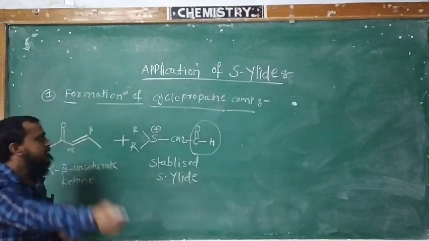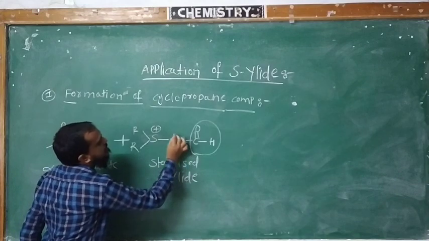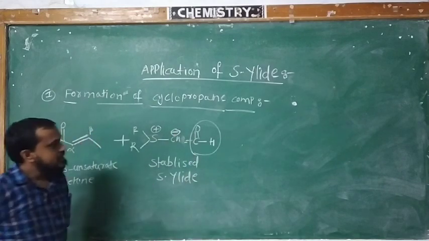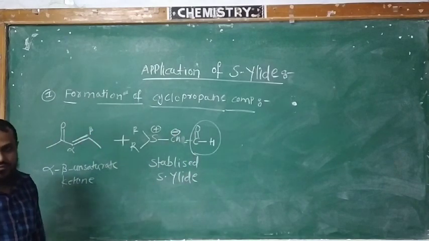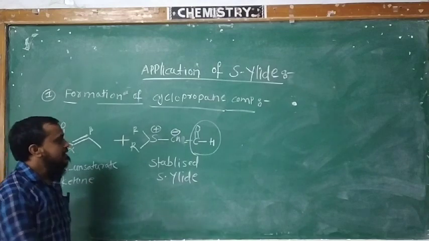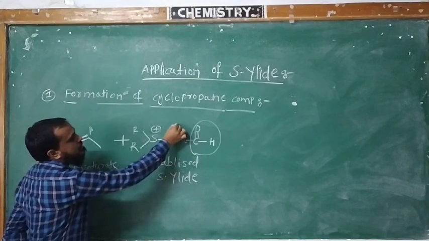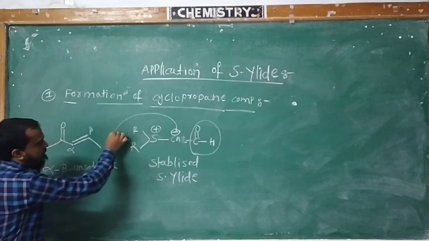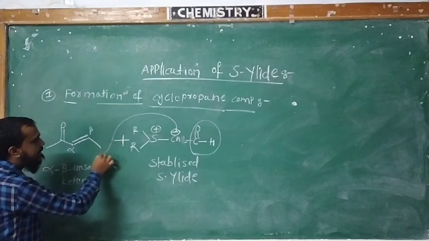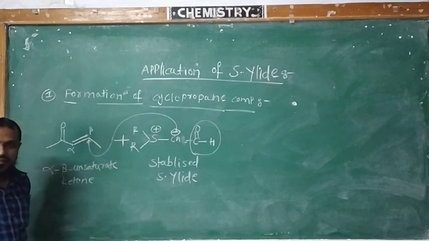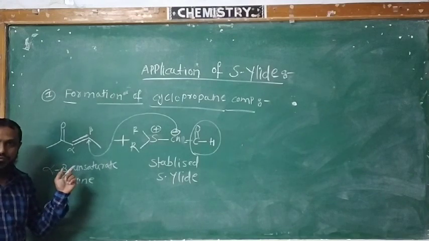Now see here what will happen. CH negative. This negatively charged carbon atom acts as a soft nucleophile and attacks the beta carbon atom of the alpha beta unsaturated compound